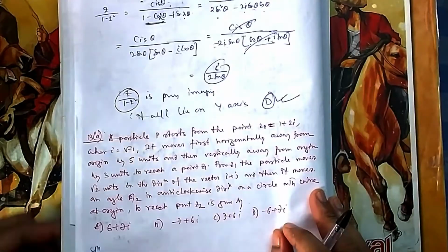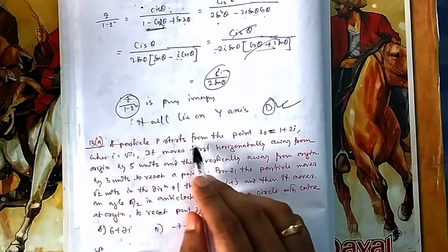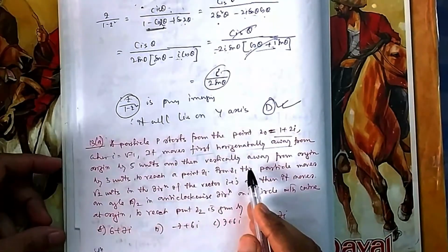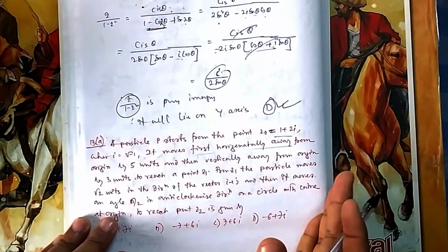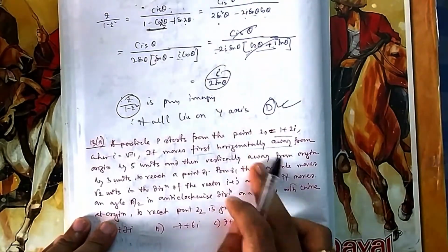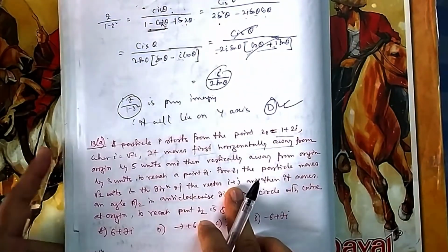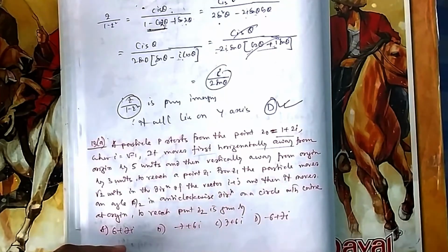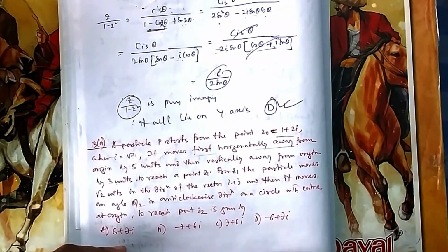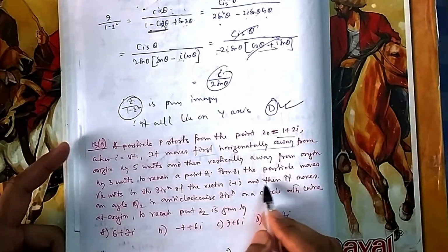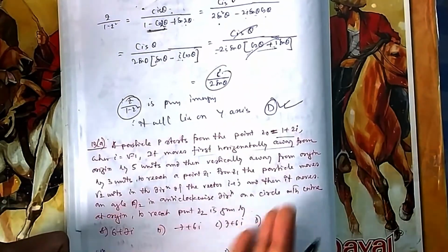Option D. Now if you come to 13a, a particle P starts from the point Z, where it moves horizontally away from 5 units. So you can do it using coordinate geometry. It is at 1, 2, then you move it 5 units in the horizontal direction, then vertically 3 units. So this way you can do. Then you move it root 2 units by a vector, this one. You go in the direction of i plus j. What is the direction i plus j? i plus j is 1 unit here, 1 unit here. This is the direction i plus j. In vector also you will know. This is the direction, that is 45 degree, because this is also 1, this is also 1. 1 unit i, 1 unit j. So this angle is 45 degree. So this is nothing but a direction of 45 degree. At an angle of 90 degree it is rotated.